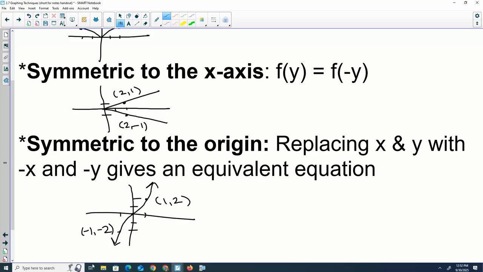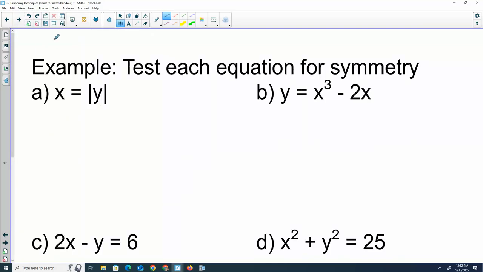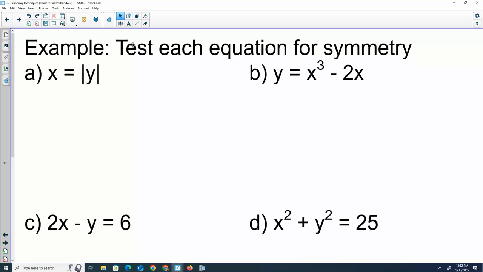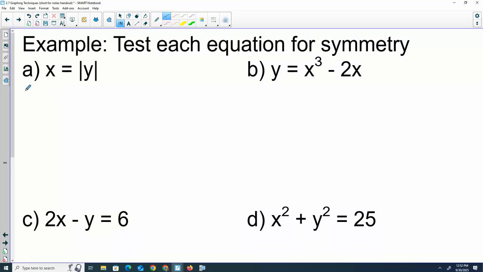If I fold it over the y, does it overlap? If I fold it over the x, does it overlap? If we don't have the graph, then we have to think a little bit more about the equations. And so there's a couple different ways to do that. One of them is by plugging in negatives. So if I want to check if it's symmetric to the x-axis,